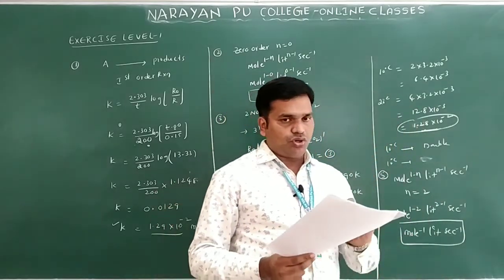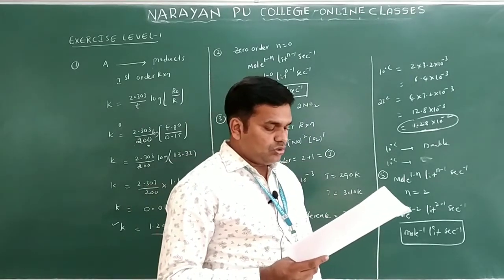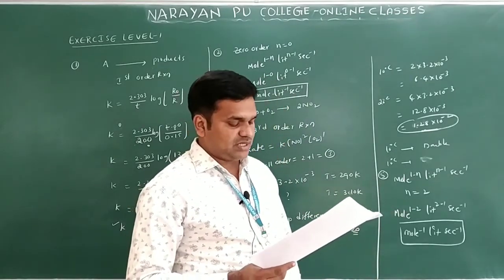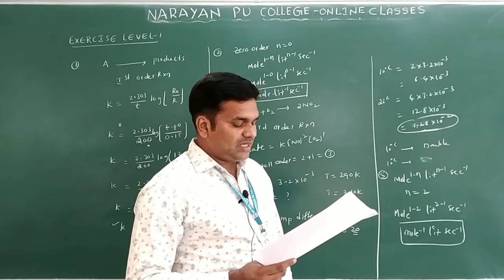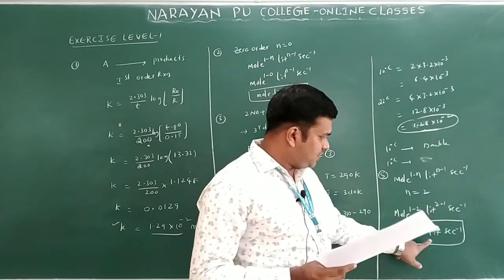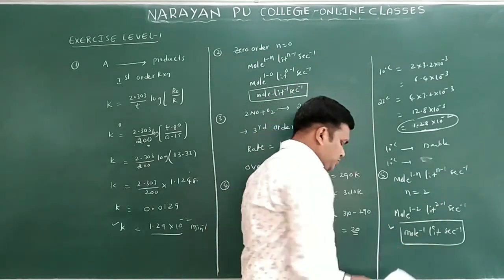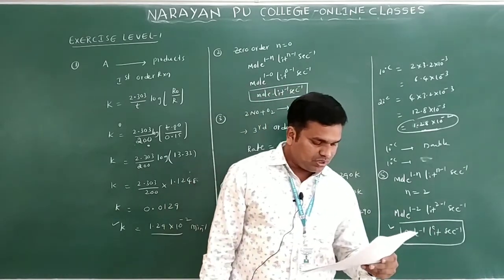You see the units, don't concentrate on the values, see the units. In the first one you will see mole, second inverse, no, that is the first order. In the second one you can see mole, liter, second inverse, no. In the third one you can see mole inverse, liter, and second inverse. So what is your answer? Your answer is option 3. So this is question number 5.